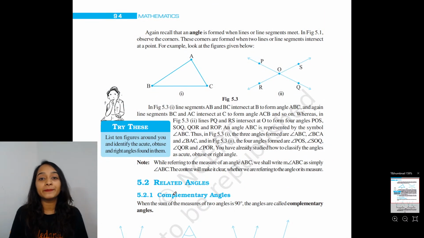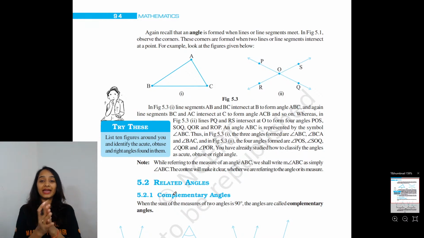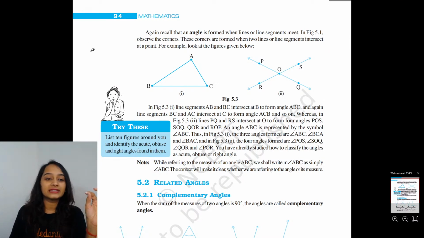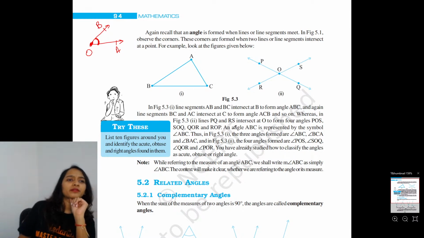After that, we have learnt about an angle. What is an angle? How is it formed? When you have 2 rays with a common starting point, that is when you can say that an angle is formed. If I have a common vertex, a common starting point for 2 rays, this is called an angle. If I say OA and OB,